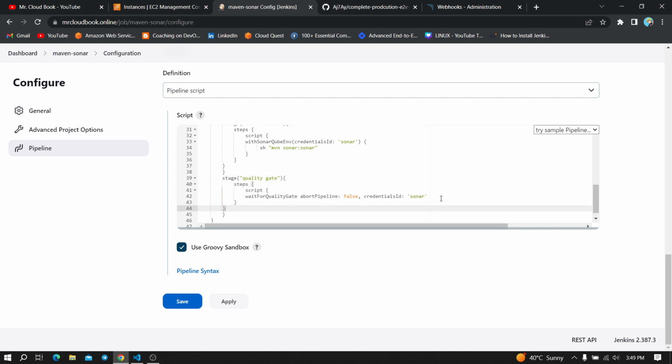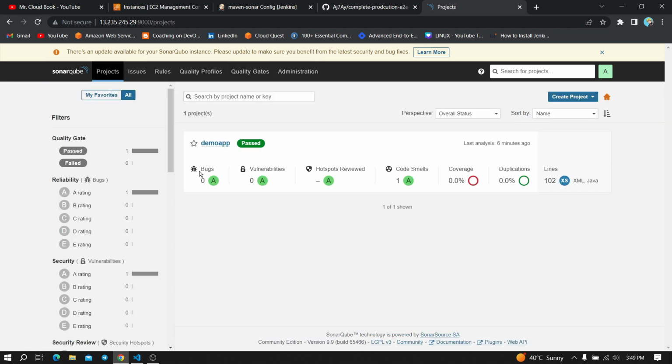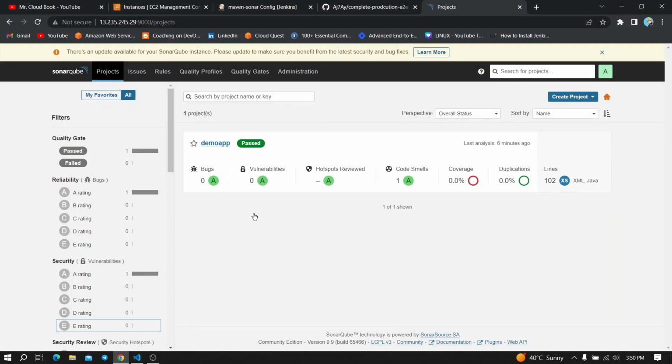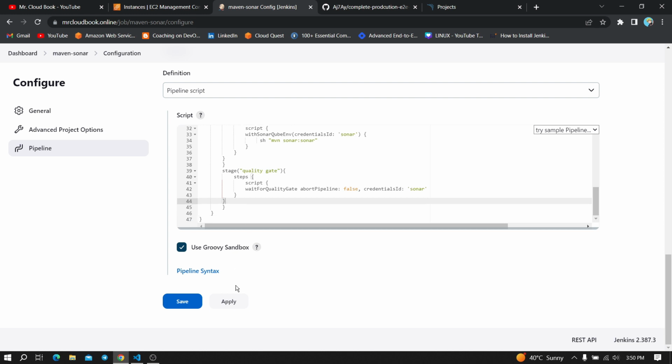It will stop here and throw an error, telling us there is an issue with our code. Whenever there are bugs, vulnerabilities or security hotspots not reviewed, it will say so here in case it's not passed. First it will check, and our webhook will tell us whether we go to the next step or not. That's why we have to add a webhook quality gate here. Just apply. You see we are writing the quality gates inside the script also, otherwise it will throw an error. Just save